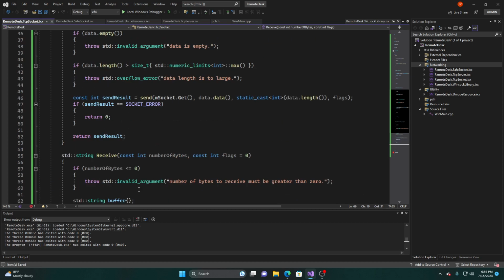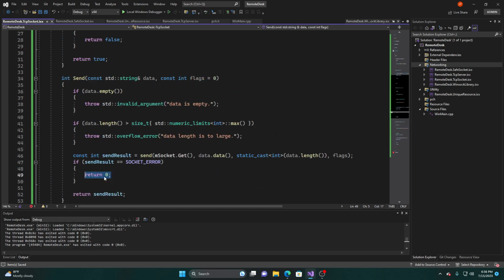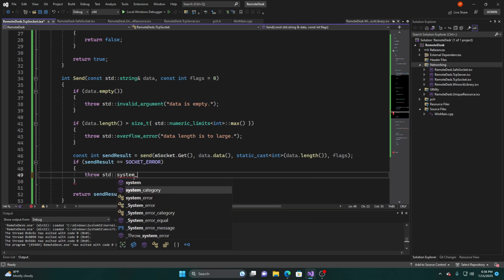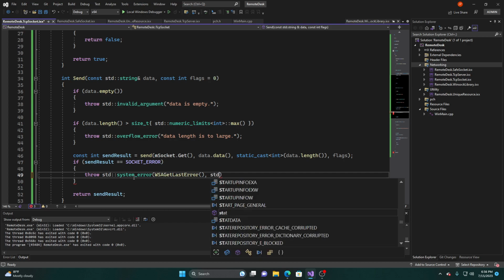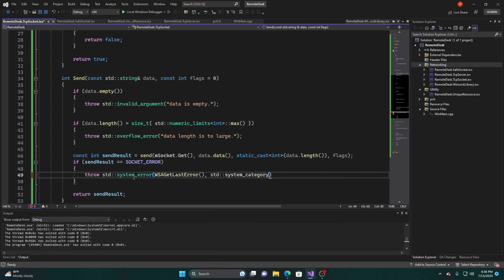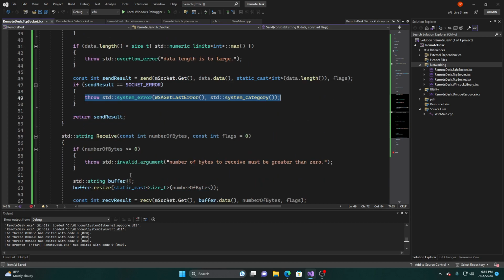But see, that doesn't directly communicate what happened. Maybe there's a real error. I should throw a system error. So WSA get last error in system category. And we're basically just going to copy this if it is a